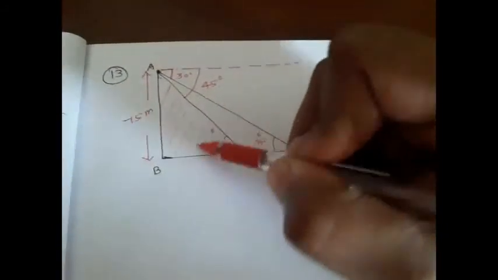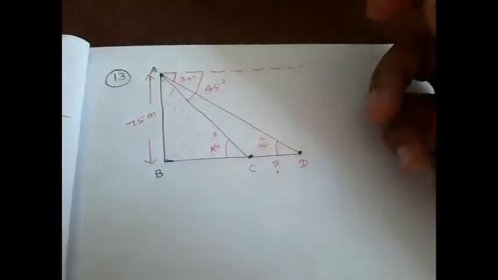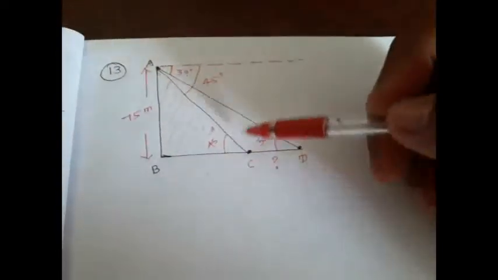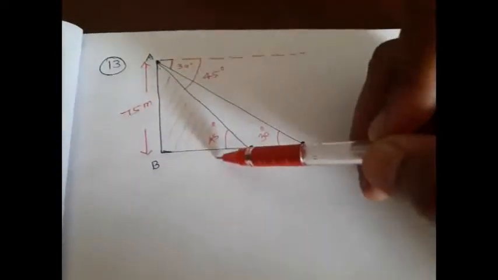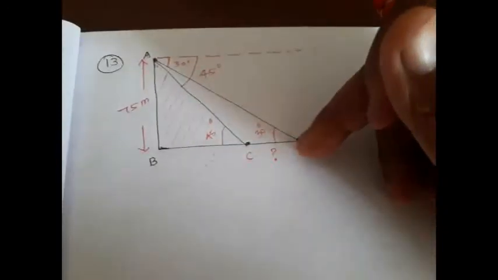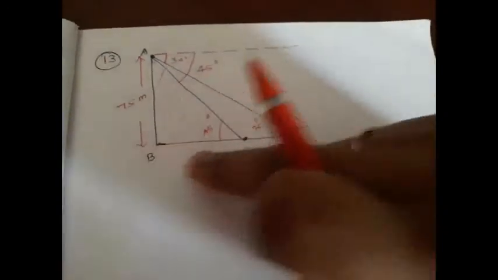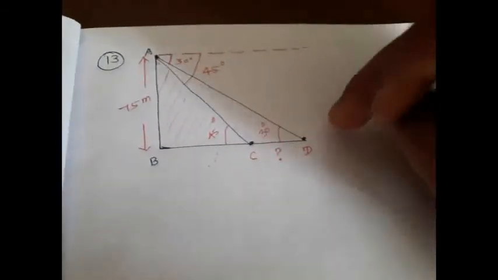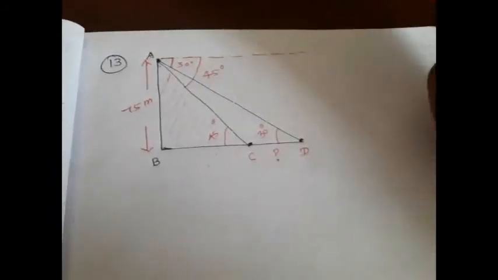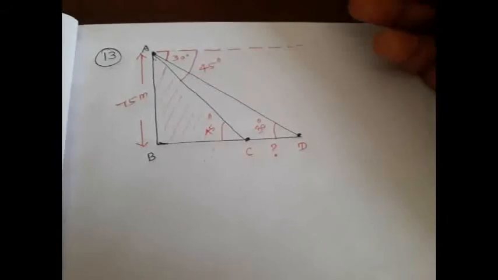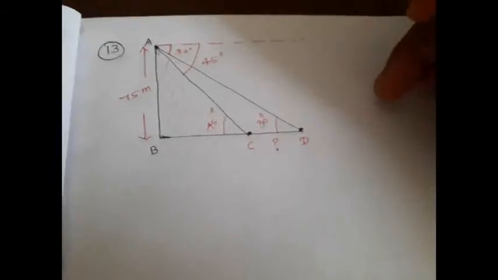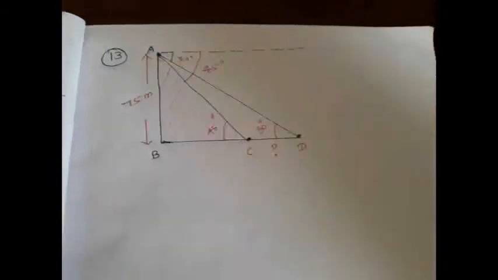The same way. First we can consider this triangle. This is opposite and adjacent related, so you can go with tan ratio. We can find what is our BC. Then take the entire triangle, and we know this part, and we can find what is this part of the triangle. By taking BC plus CD, we can easily find what is CD. We have done problems of this kind directly, but here they have given you angle of depression. There we have done with the angle of elevation, but both are the same only, right? So I am leaving this question to you. Hope you can solve this on your own.